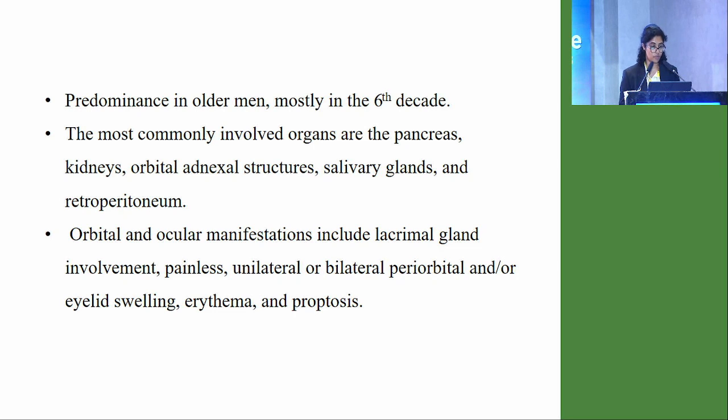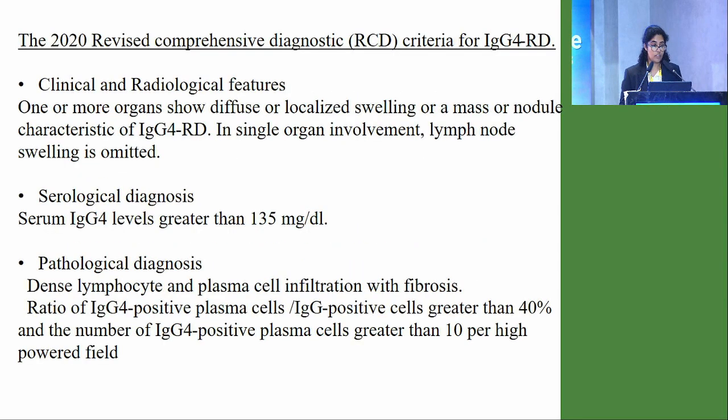glands, and the retroperitoneum. The orbital and ocular manifestations include lacrimal gland involvement, a painless unilateral or bilateral proptosis, periorbital swelling, erythema, and so on. The 2020 revised comprehensive diagnostic criteria for IgG4 related diseases have 3 points: clinical and radiological features, a serological diagnosis, and a pathological diagnosis. The clinical and radiological features are consistent with swelling of any one or more organs, serology showing higher IgG4 levels,